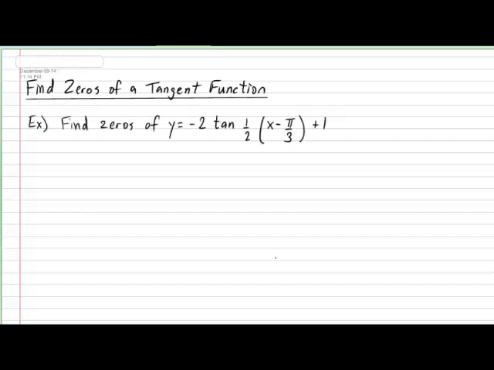Suppose that in this example, we want to determine the zeros of the function y equals negative 2 times tan of half times x minus pi over 3, and then plus 1. As usual, in order to determine the zero of any function, we set the value of y to 0. Next, we'd like to isolate the actual tangent function by itself. So in this case, we move over the positive 1 and the negative 2 to the other side of the